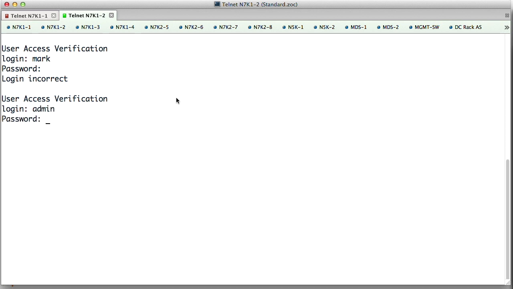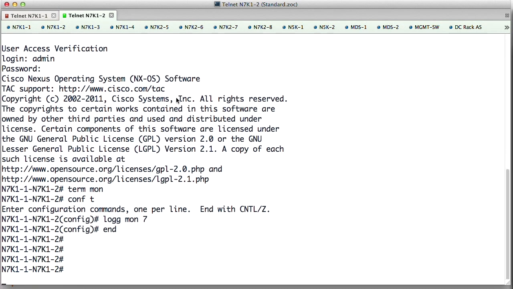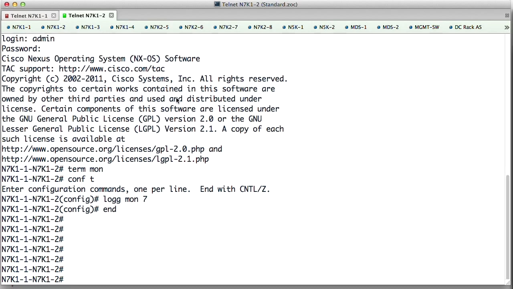But here I'm going to have the one that I had just set up from the console of the box, in the default VDC, and then switch to the second VDC I created. I've set up that single user. There is going to be the admin by default user. I just have to get in with that. And I've got a little script there that does logging monitor 7 for debugging. But other than that,